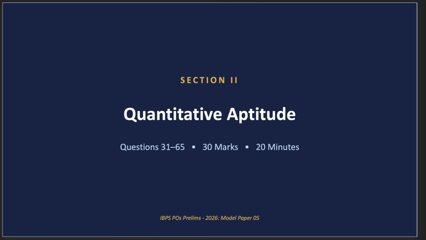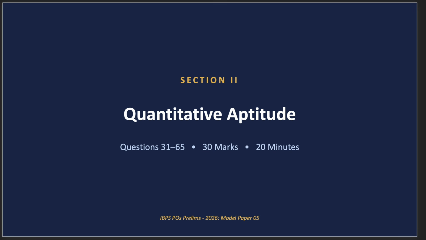Exactly. So our mission for this deep dive is to tackle Section 2 of the IBPS CRP PUMT 2026 Preliminary Examination Model Paper 05. We are going to cover questions 31 through 65 sequentially. Every single one. We aren't skipping anything. Right. But we're not just going to read you a list of equations. We are going to look at the archetypes of these questions and the psychological tricks you need to beat them. By the end of this, you're going to have a rock-solid, unfragmented foundation. That's the goal. Let's get into it.